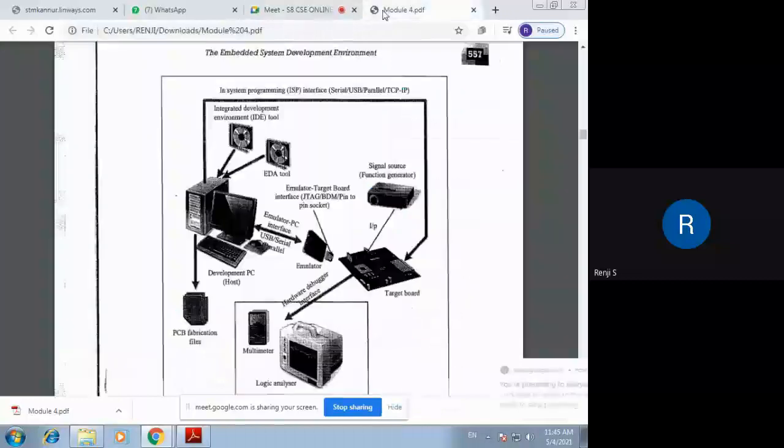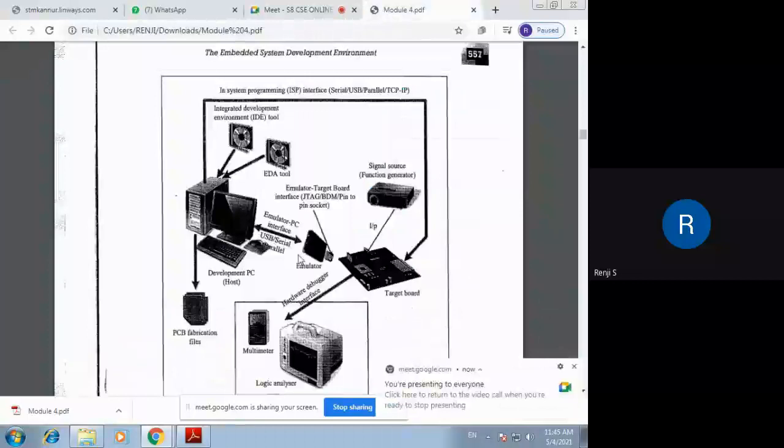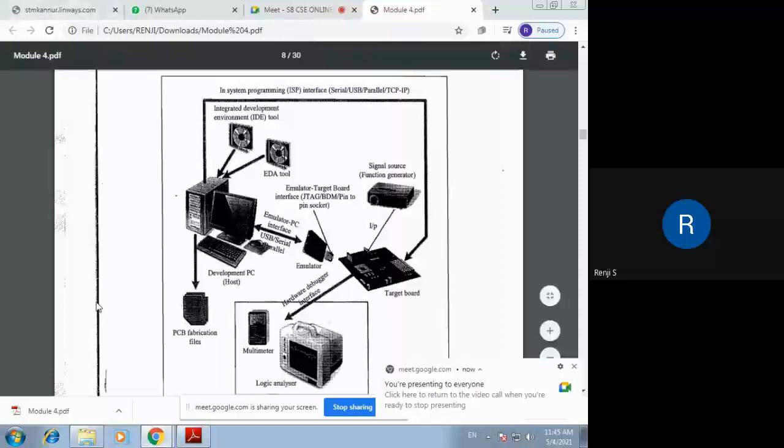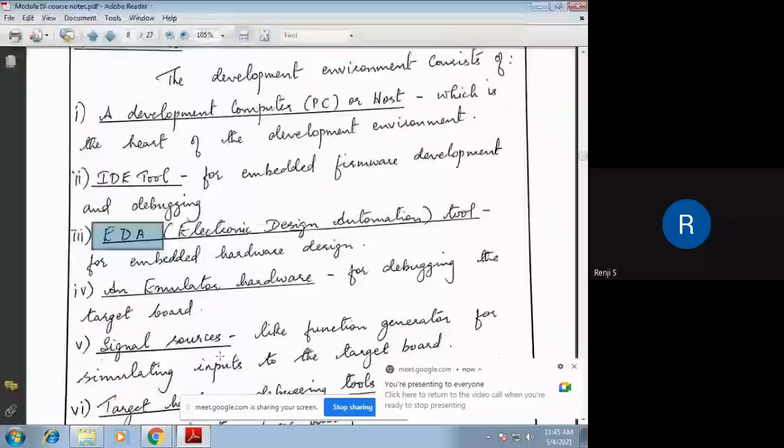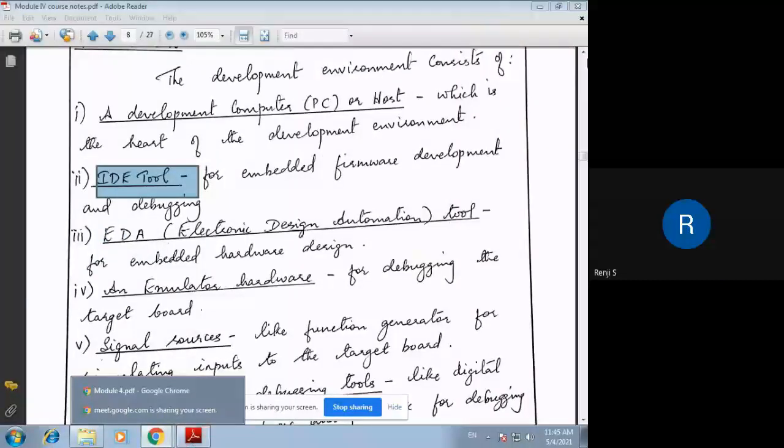Okay. So we were speaking about the main components that make up the development environment. The first one is the PC, and it is the most important component for developing embedded firmware. The second component is the IDE tool, and this IDE tool comes in a CD.